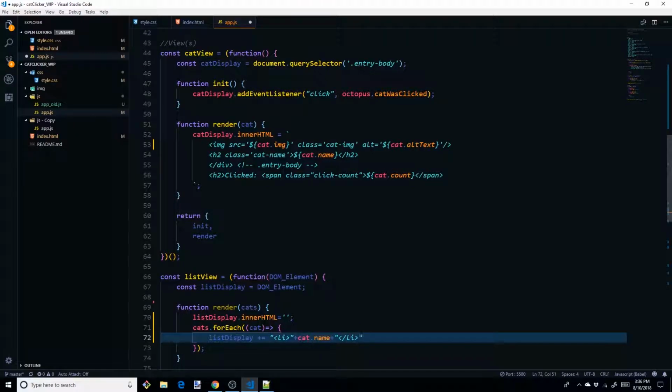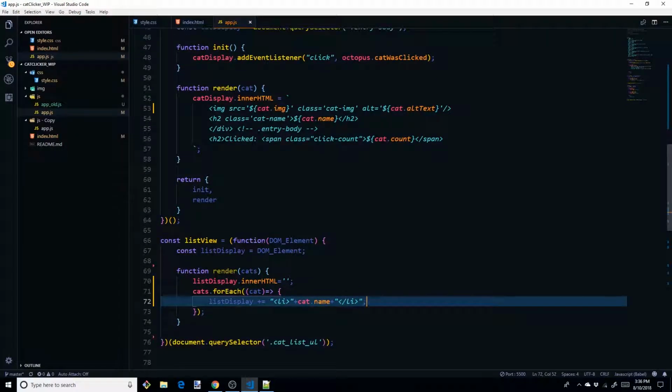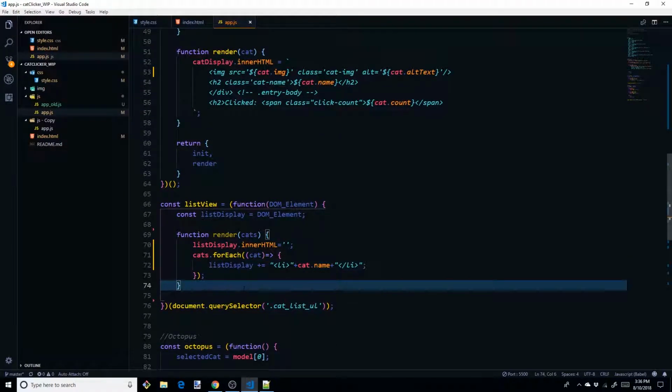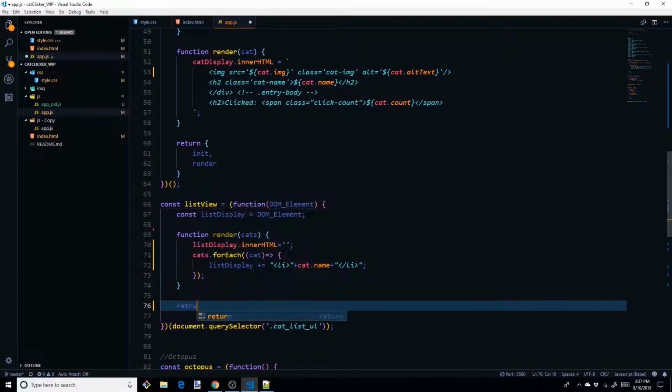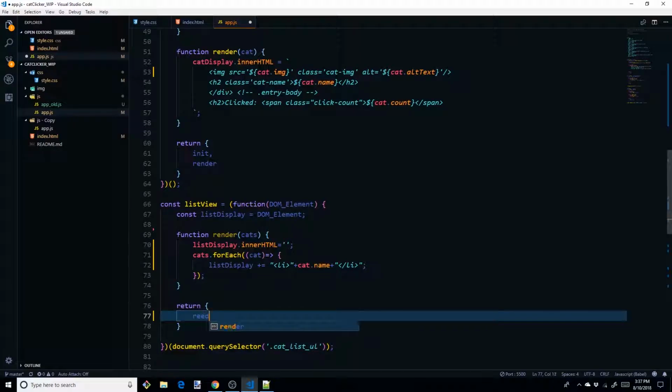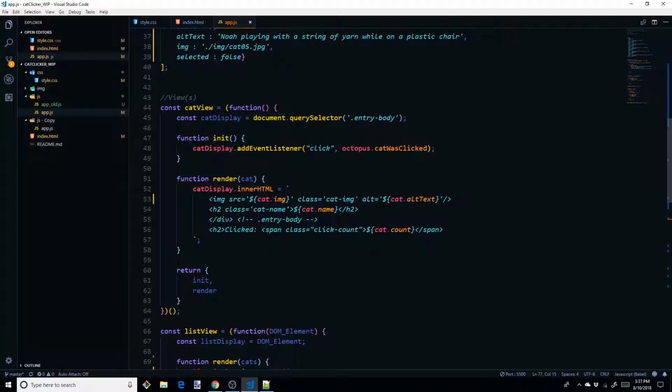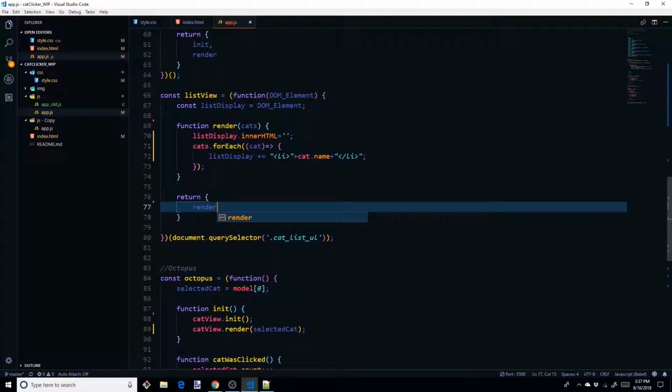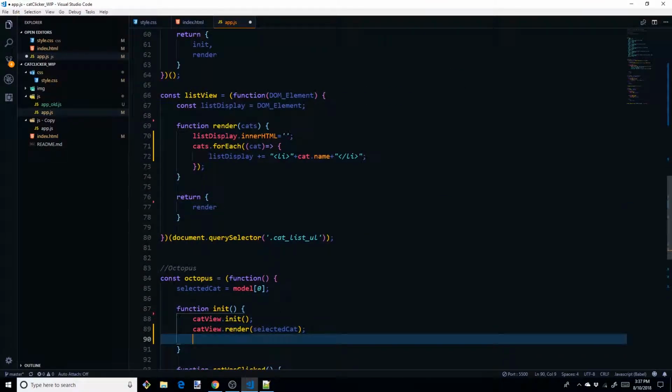And so now that should work. What we'll need to do is expose this as usual. So return an object, and we'll have render in there. And then in our octopus, we say listView render model,